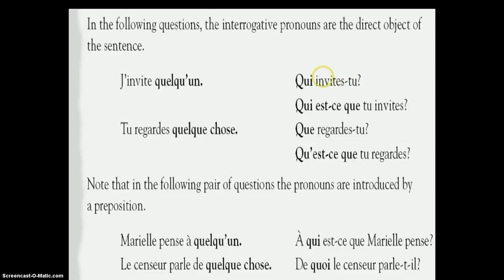But I'm not even going to focus on this one here. I'm going to focus on the second one. You notice now that the second one is que, meaning that I'm looking for the direct object. Right before it was qui, right? It was qui because it is somebody.